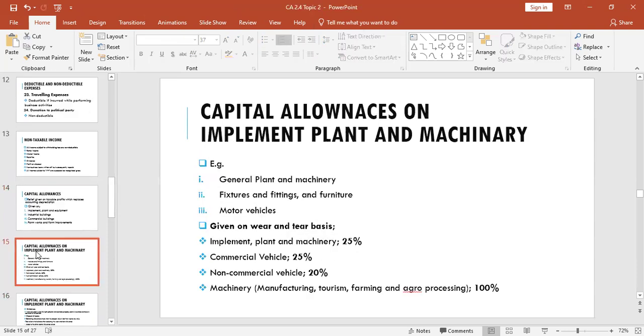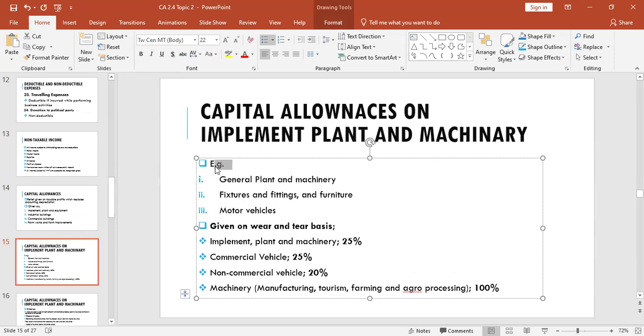So let's begin with capital allowances on implement, plant and equipment. What are the examples of implement, plant and equipment? General plant. For argument's sake, we've got a general plant where maybe we manufacture something, but